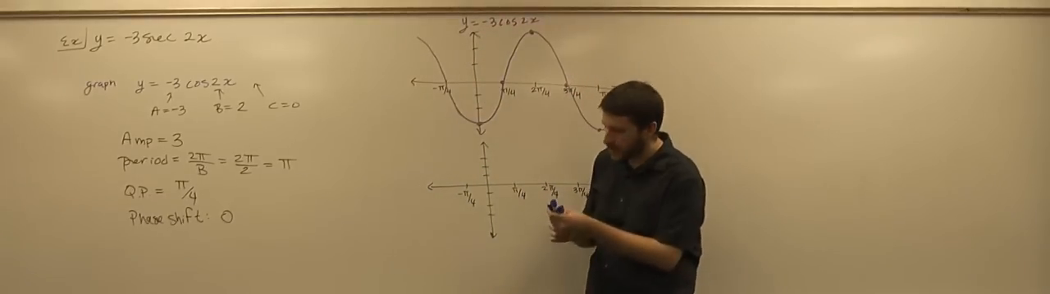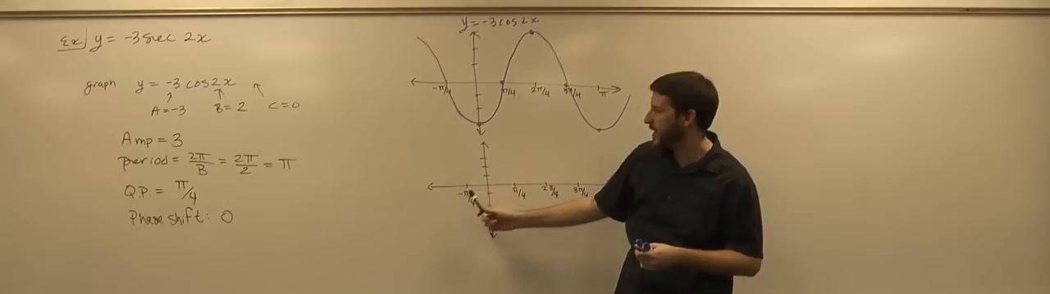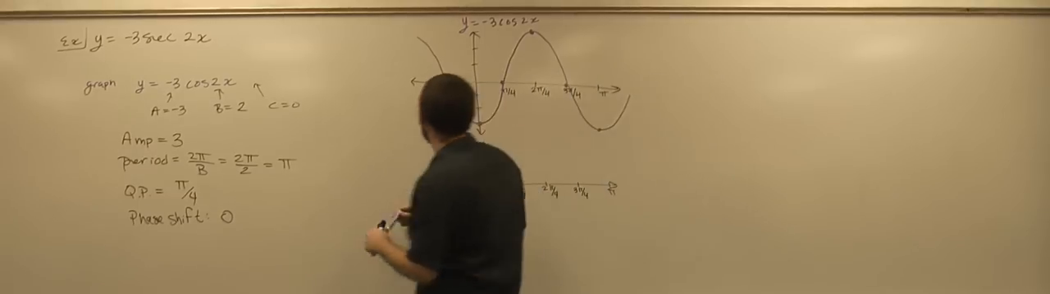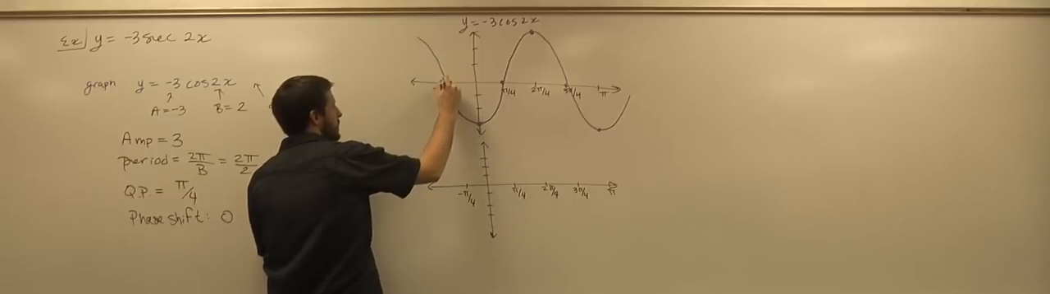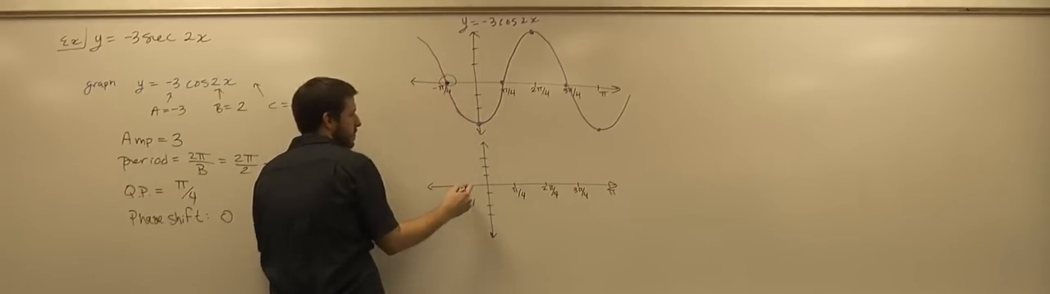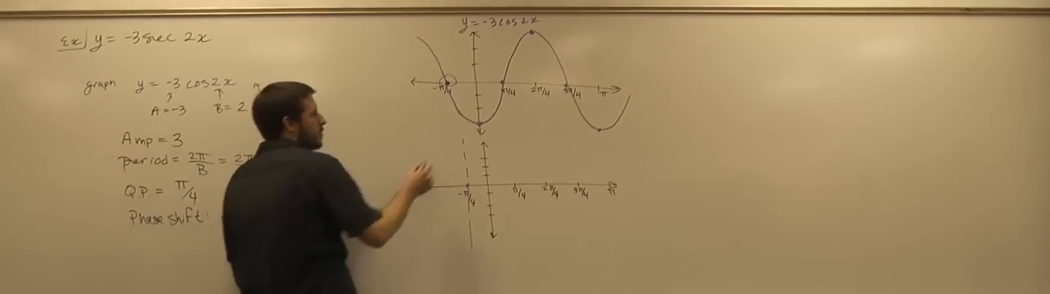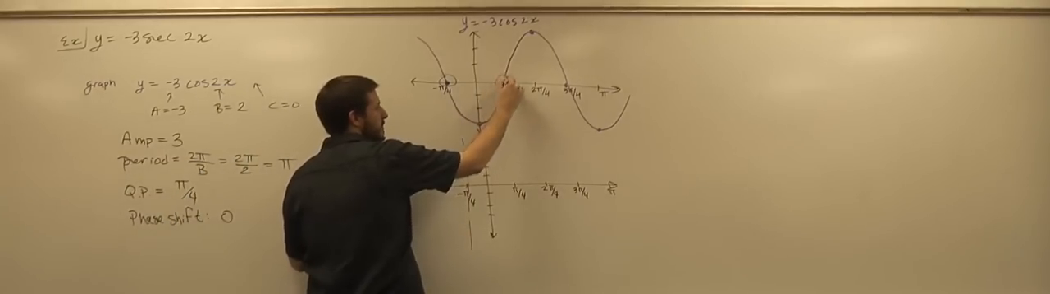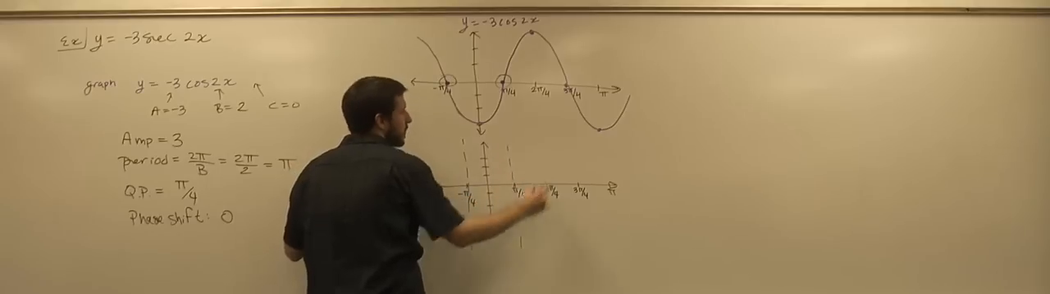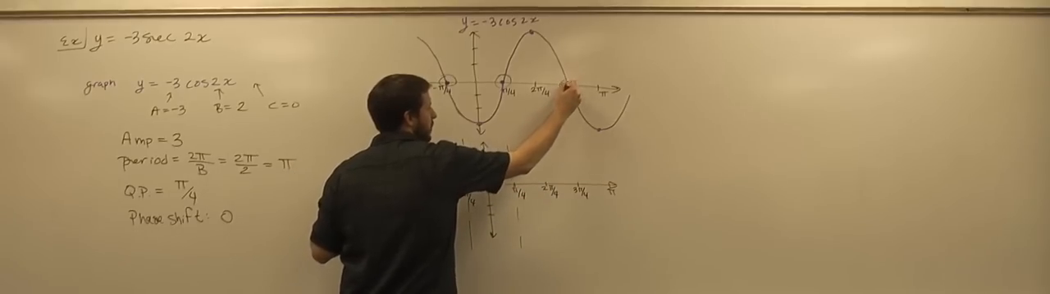Secant is going to flip. All the zeros turn into asymptotes. So at -pi over 4, since I have a 0, this is going to turn into an asymptote on my secant graph. At +pi over 4, since I have a 0, that's going to turn into an asymptote. And at +3 pi over 4,